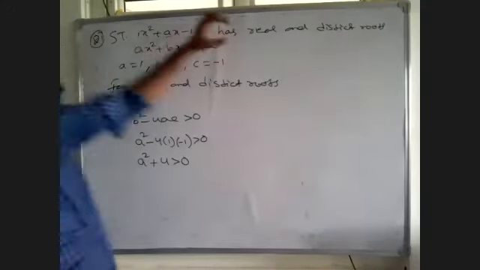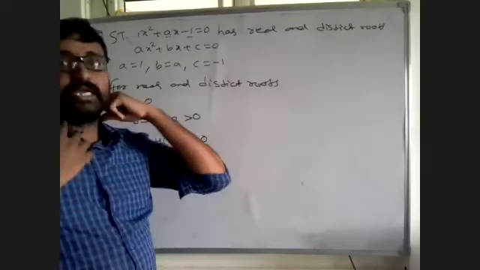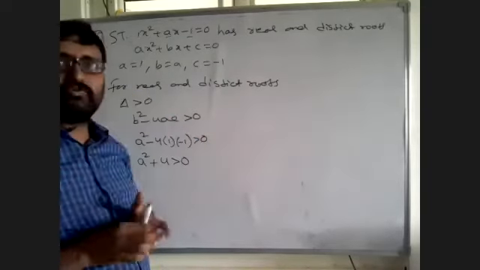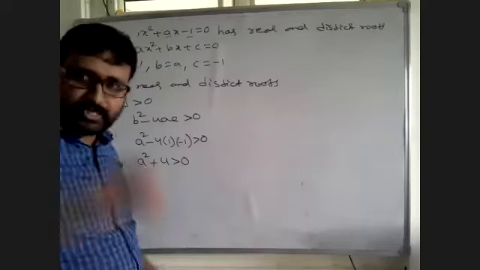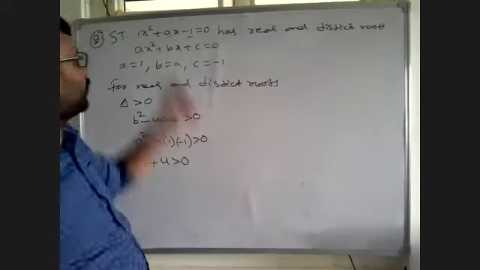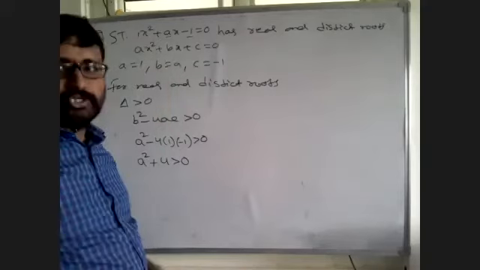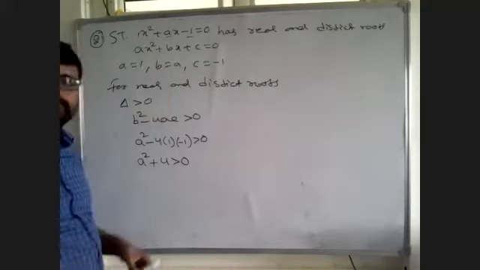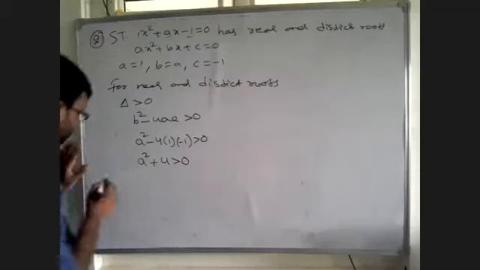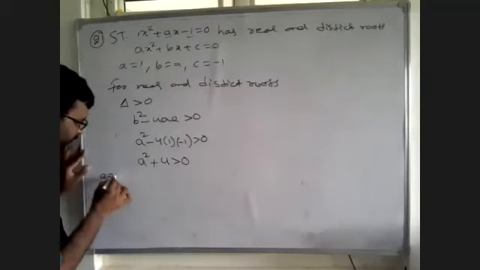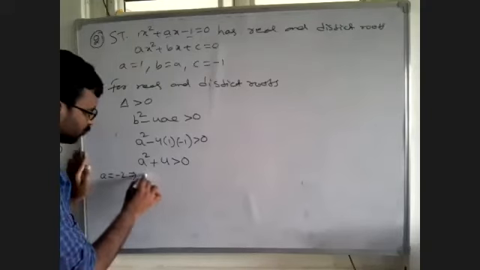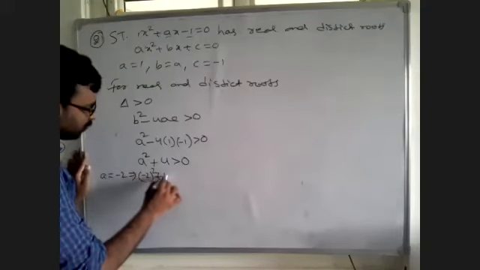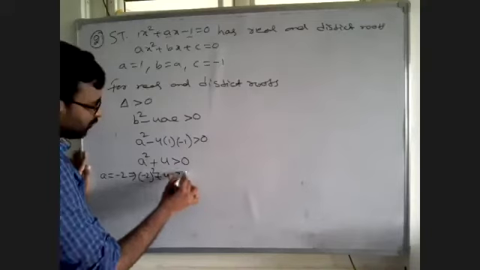This is a quadratic equation. In this quadratic equation, we have only one unknown constant, that is the value of a. If you take any value in place of a, negative or positive, you will get positive here. So I will check by taking a is equal to -2. Then what you will get? -2 whole square plus 4 greater than 0 or not?